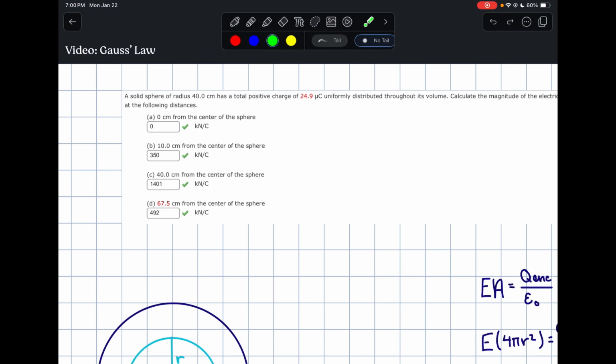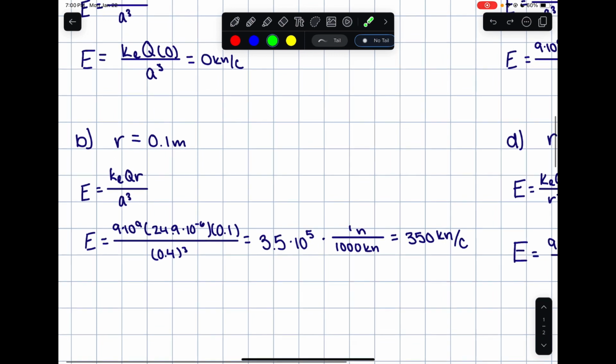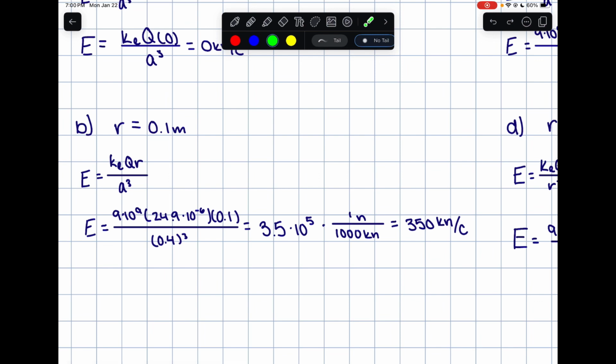Now, let's take a look at part B. Calculate the magnitude of the electric field 10 centimeters from the center of the sphere. We're going to want to start by converting 10 centimeters into meters, so r is equal to 0.1 meter. We're then going to use our derived equation and plug in all of our givens. For Ke, we have 9 times 10 to the 9th, the given charge of 24.9 times 10 to the negative 6,